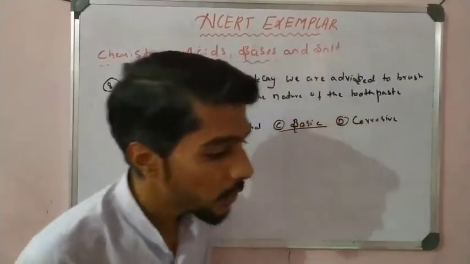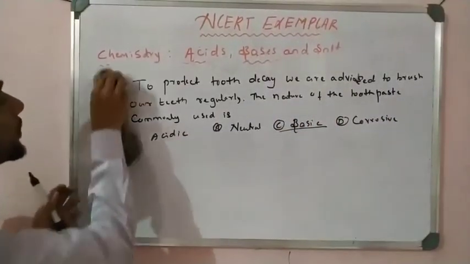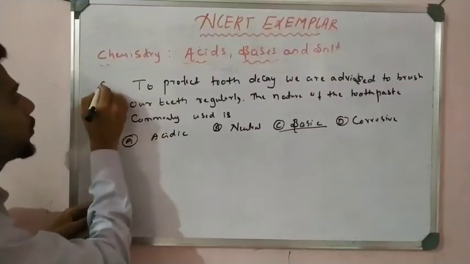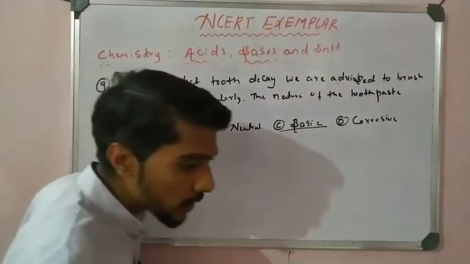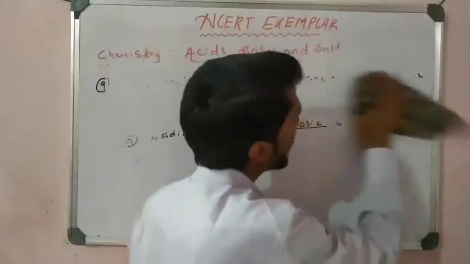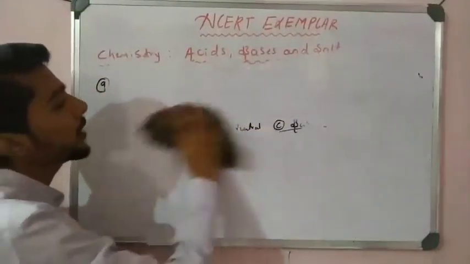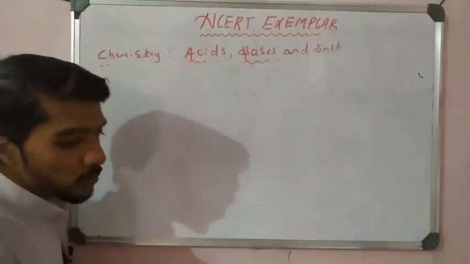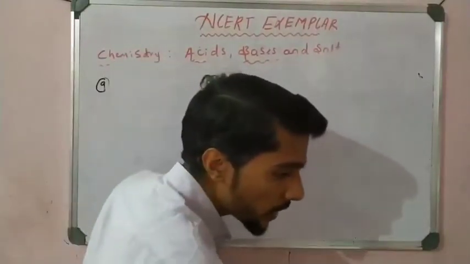Now let us take another very important question, question number 9, and that is also one type of tricky question, but you have to read it carefully. Question number 9, right? So see the question and read the options very carefully. Here is a chance of making a mistake, right?